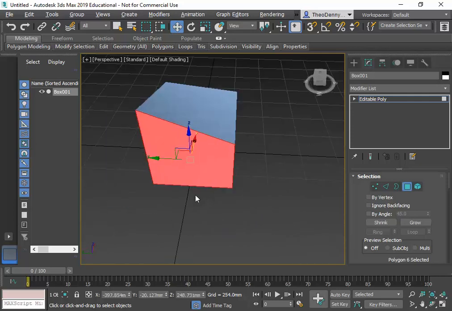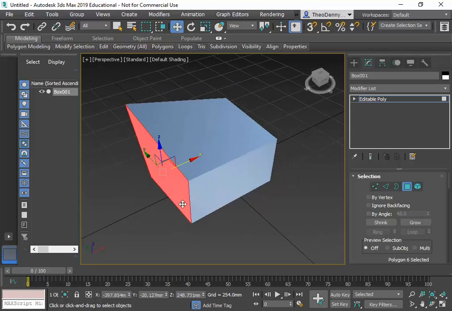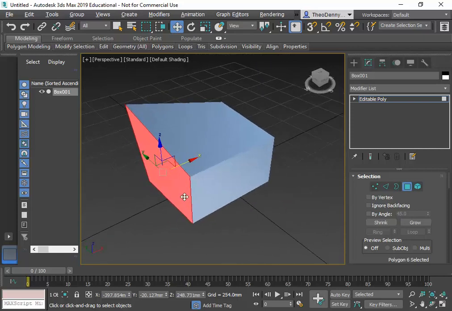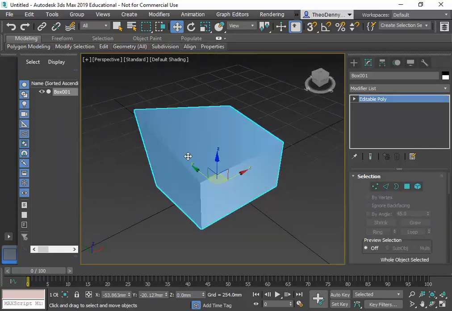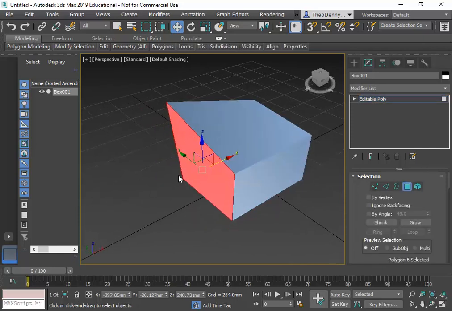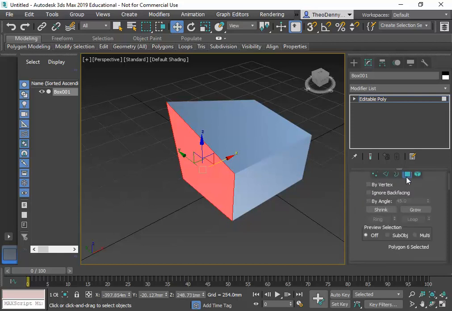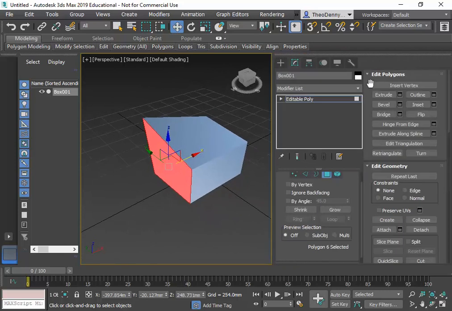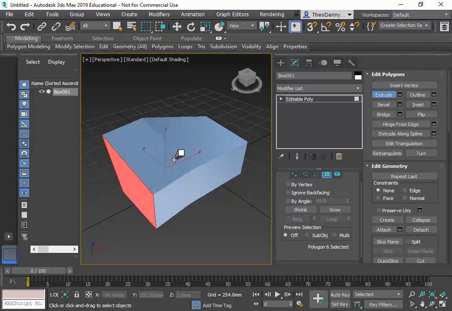But then where I think this really pulls away from Revit in terms of capability of the software is that I can then build on that. So let's say I want this to come out with that, again, that face or polygon option. I might just expand this so you can see the next panel. You can extrude,